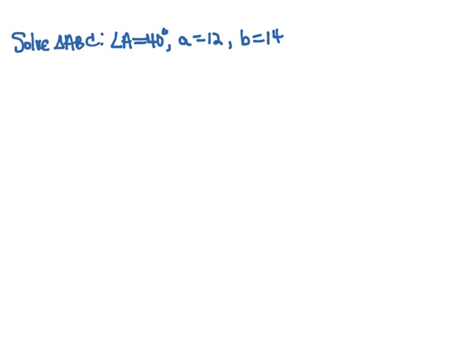We want to solve triangle ABC, and what we know about this triangle is that angle A is 40 degrees, side a is 12, side b is 14. So the information given to us is a side and an angle. So in the side-side-angle case, we're going to use the law of sines, and we're going to have to be